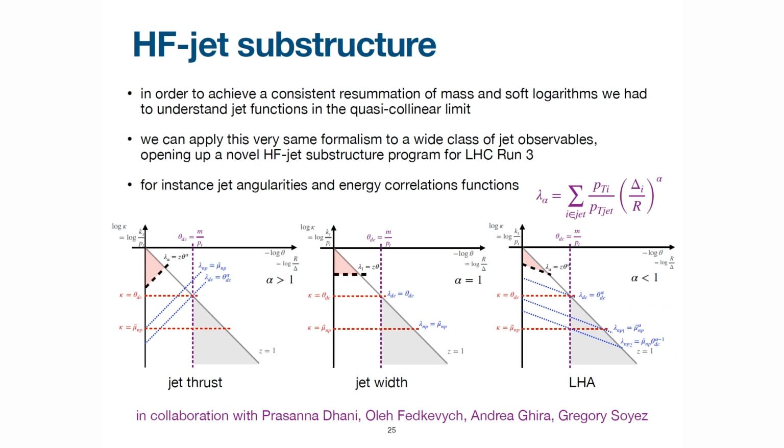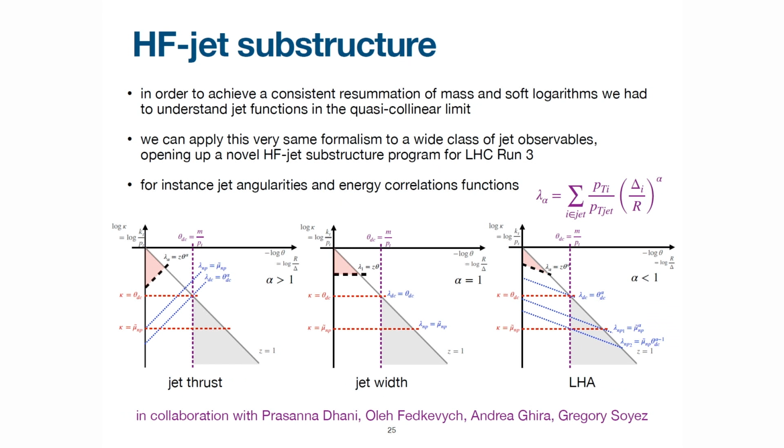And this would allow us, we have only started, to look at heavy flavor processes with a different eye. So essentially, try to build up a new jet substructure program at the LHC for heavy flavor. For instance, one powerful variable that one usually studies in the context of jet physics is the jet angularities. So these essentially measure